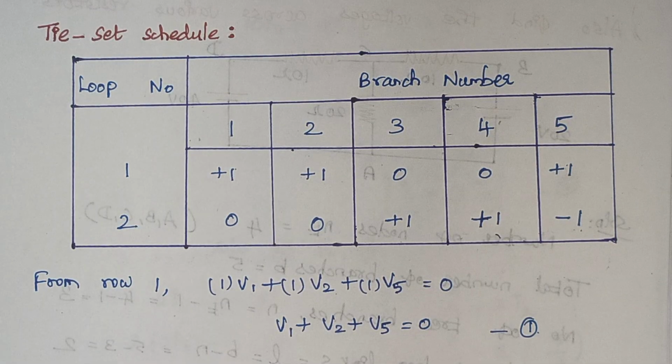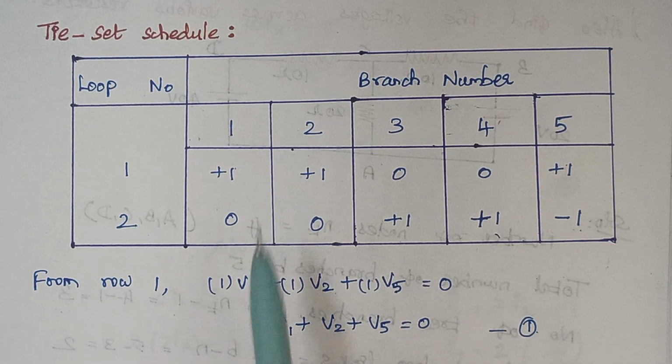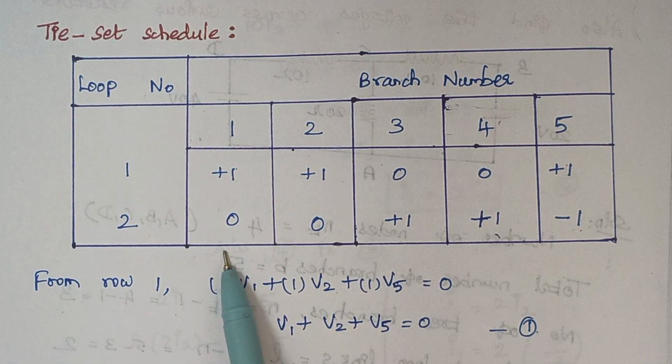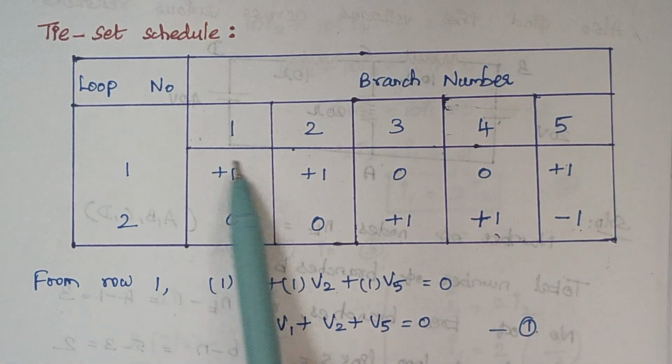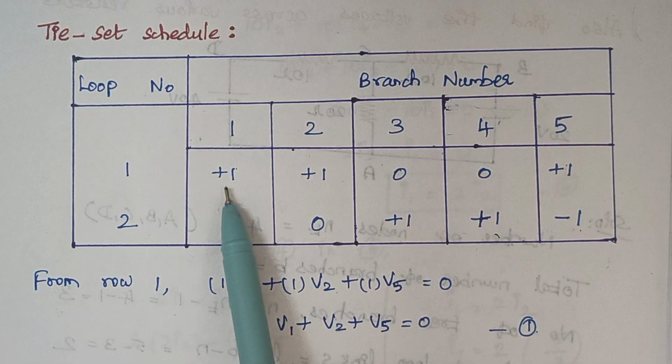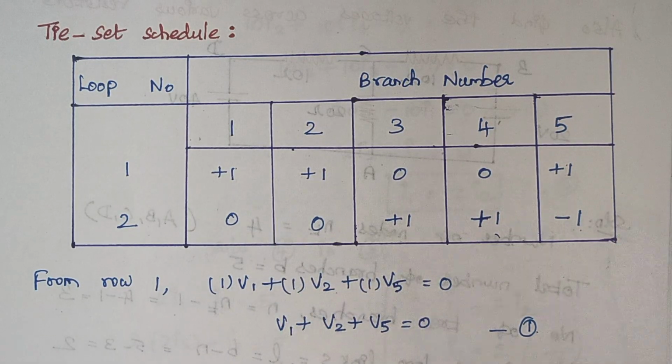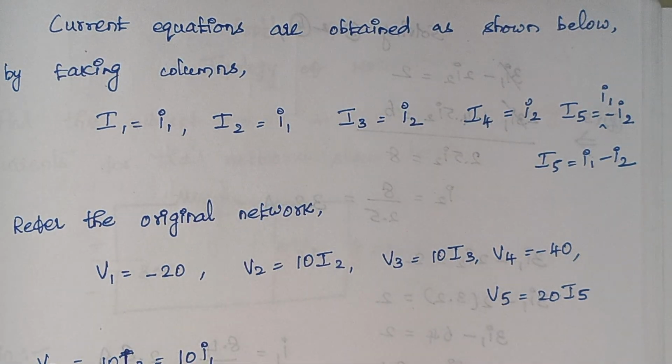So next we are going to write the current equations. For writing current equations, we should look column wise. Right. So here you see in this column we have plus 1. So this shows that this capital I1 is equal to small I1. Likewise, we have to look at each and every column and we have to write the corresponding currents. For example,